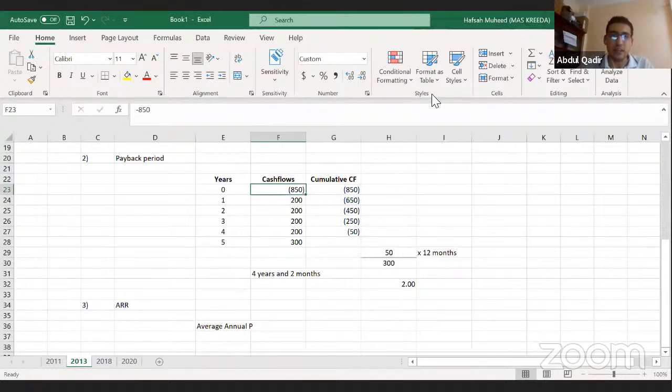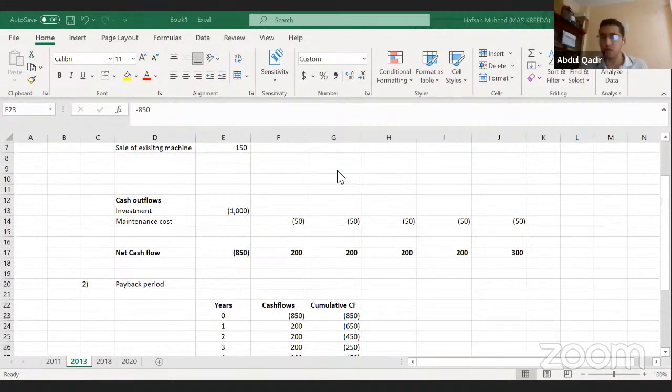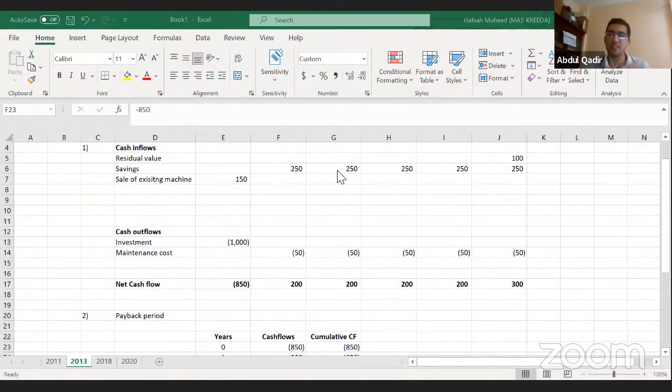So is depreciation added in the annual maintenance cost? No, we don't consider depreciation because they are just talking about annual maintenance cost. They haven't said depreciation is included. They have not told anything about depreciation. And we don't consider depreciation also because we are calculating cash flows. Because they have not told it's included, we are not removing it as well. If they have said depreciation is included, we will remove it. But because they haven't told that anything separately, we are not going to assume. Don't assume, please. We are just going to include the cash flows which is given, right?